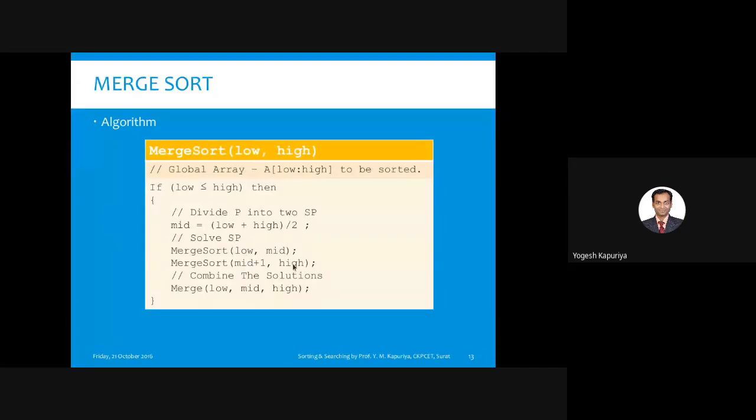So it means that when you have a higher number, it will make one more call, but the result will be the same. Again, if you see this 1 and 2, that means you are sorting two numbers. So low plus high divided by 2: 1 plus 2 is 3, 3 by 2 is 1.5, and with the floor function it's 1. So we divide into 1 and 1, and then 2 and 2. Now you have two individual numbers: 1 1 means our first number and 2 2 means the second number.